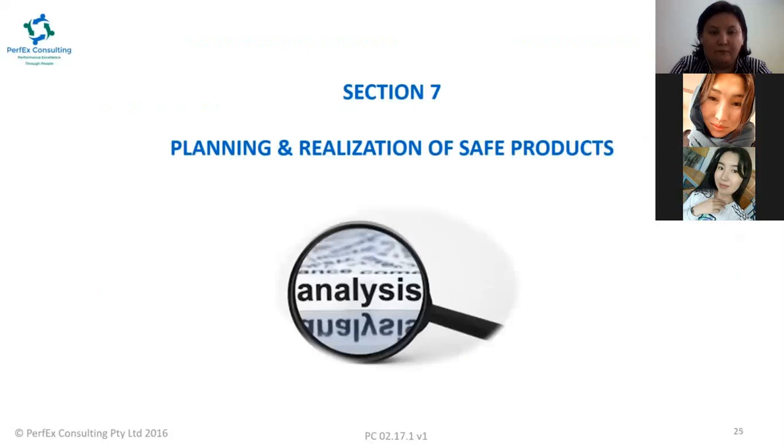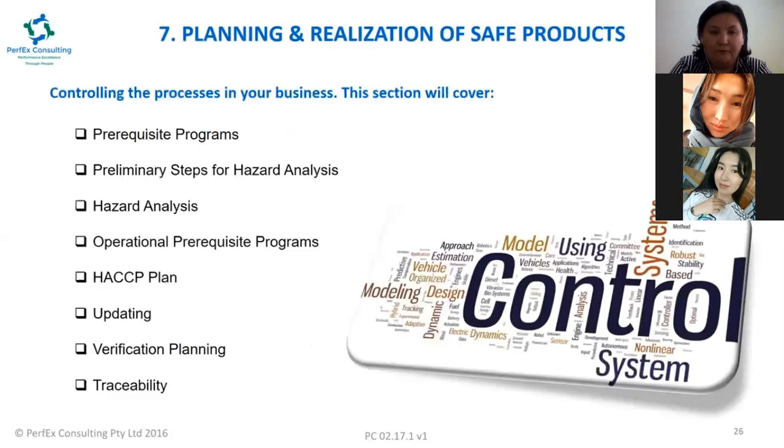We will now take a look at Section 7, Controlling Processes in Your Business for Realization of Safe Products. Section 7 is all about controlling the processes in your business. This section will cover prerequisite programs, preliminary steps for hazard analysis,